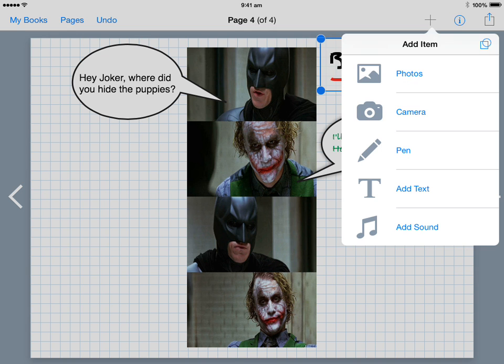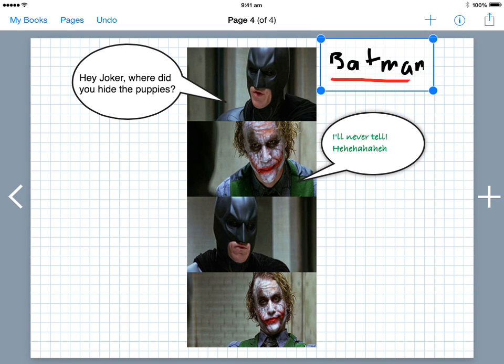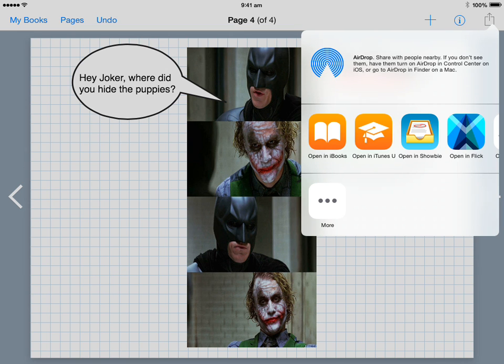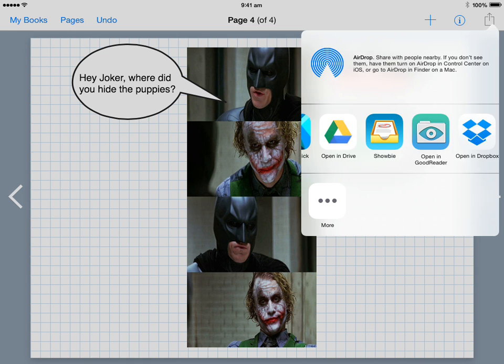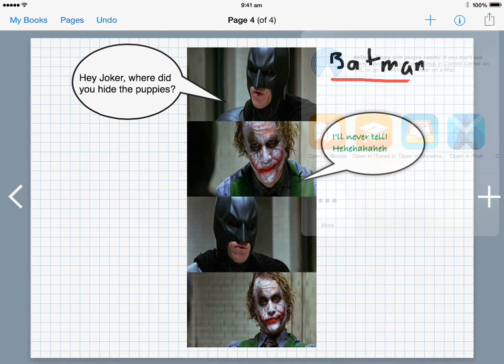Now, that is most of the aspects of BookCreator for really simple usage. By selecting the export tool in the top right corner, it will give you the option to share that book with someone, send it to iBooks, or email it. One more thing,